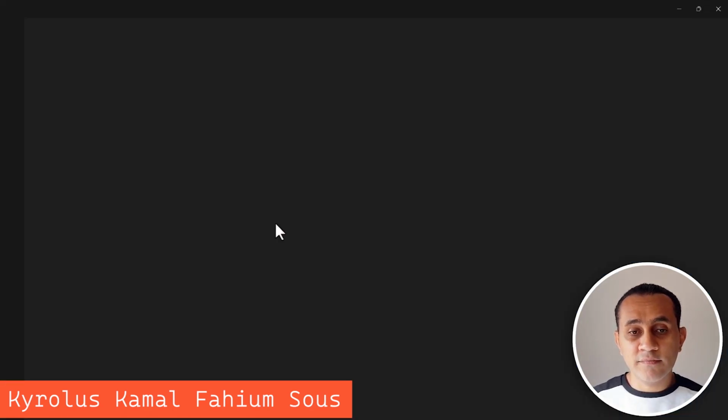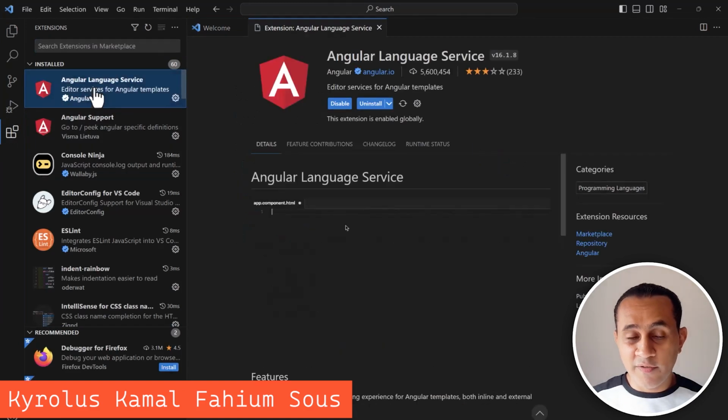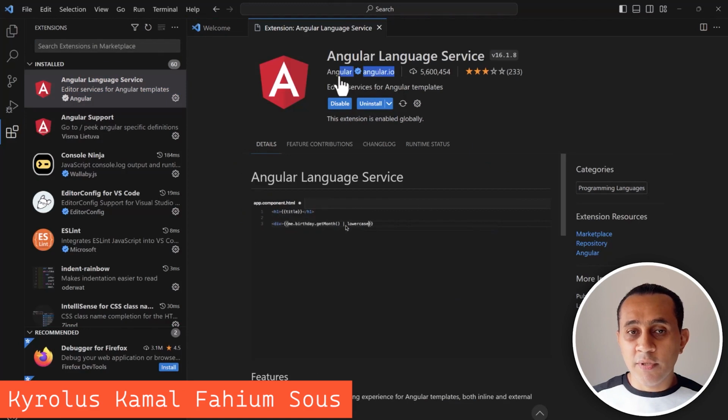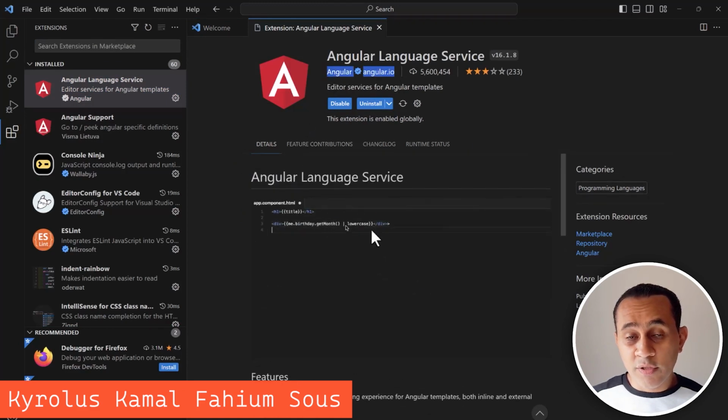Okay, we will need some extensions. The first one and the very important one that we need is Angular Language Service, which is created by the Angular team. Okay, and it's very important to get some recommendations from VS Code while you're writing code in the HTML template.